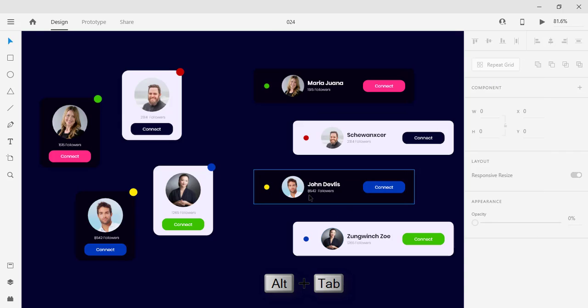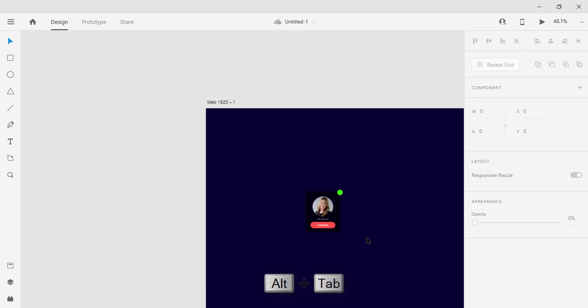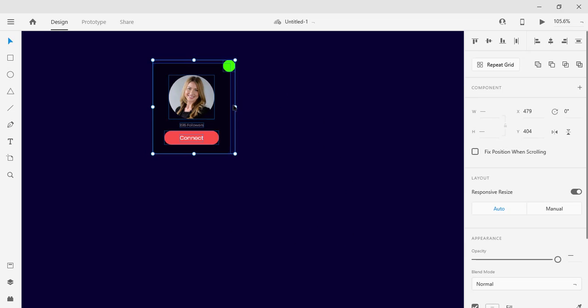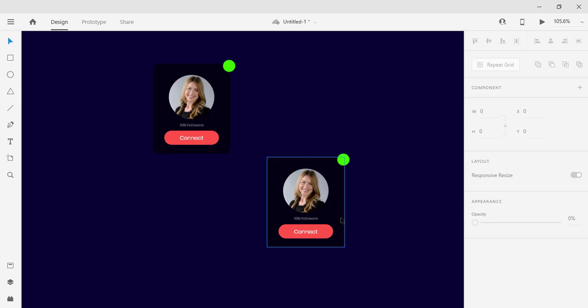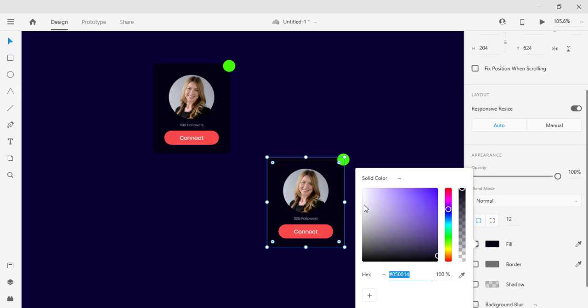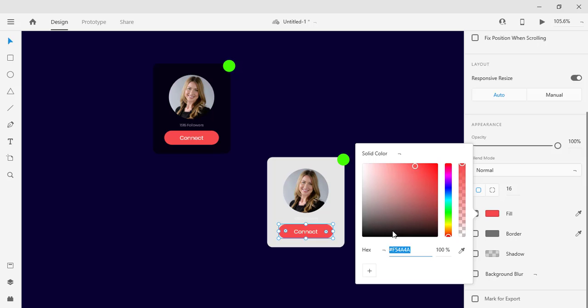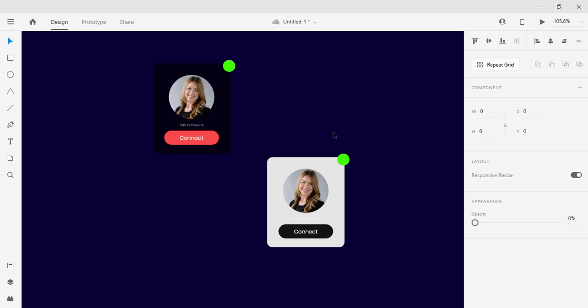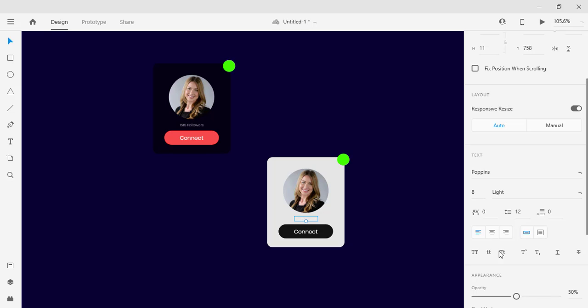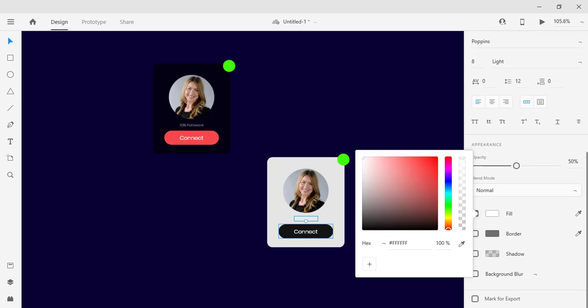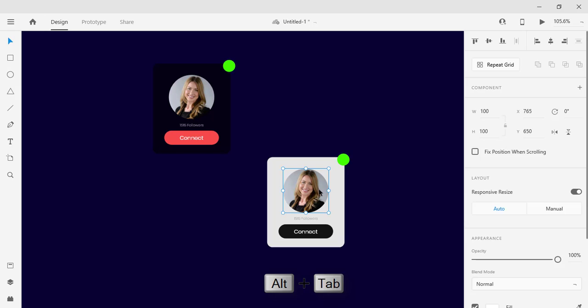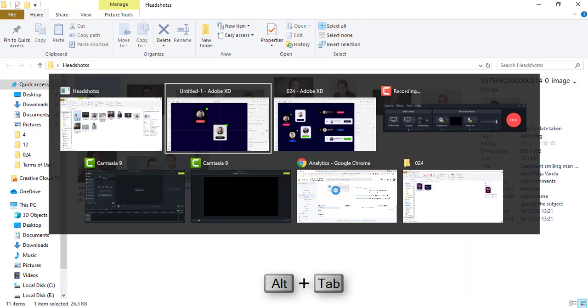Now let's see some other variations that we have created. These are some other variations that we can easily create. So let's fast forward. I'm just copying the entire artboard here. I'm changing the color to the lighter gray side. I'm changing this color to the darker black side. In the same way, I'm changing this color, and I'm taking this headshot from here to here.